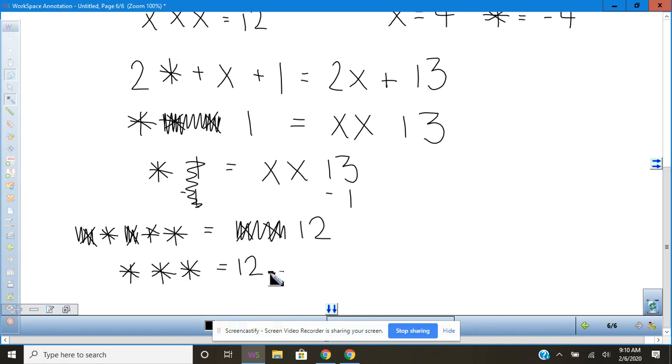equals 12. I take my 12, I put it in the calculator, I divide it by 3, and I get 4. I ask myself, what do I have that's equal to 4? I have star equals 4. So if star equals 4, then x equals -4. Star equals 4. And I can do